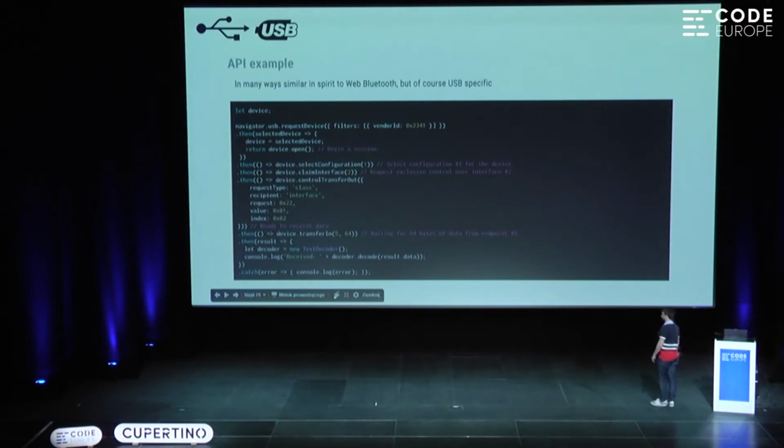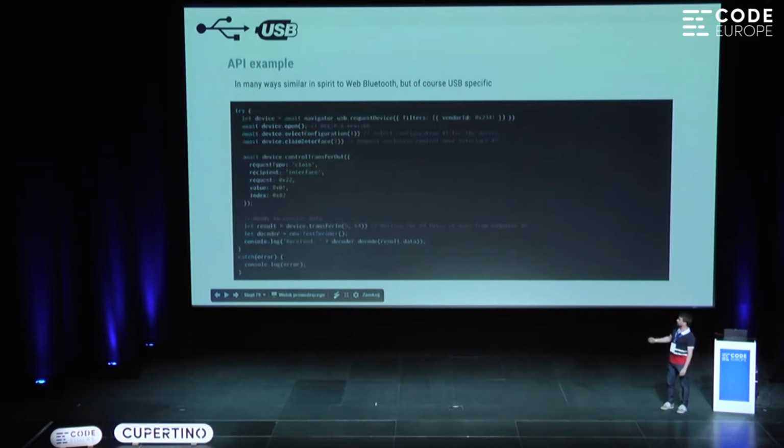So just as we did with Web Bluetooth, let's have a look at how you connect to these devices. I'm using promises. You see all the .then and catch. But JavaScript is improving, and now we have something called async await. It's basically in most browsers today, like the newest versions. So this could look much easier. This is basically the same code. This will wait until this is fulfilled, and then it will continue executing.